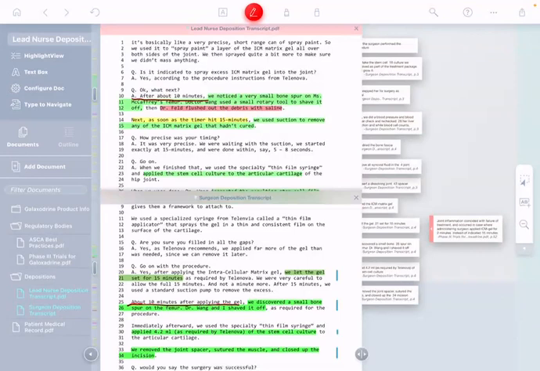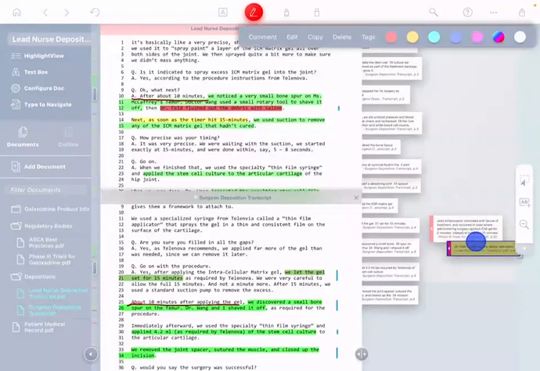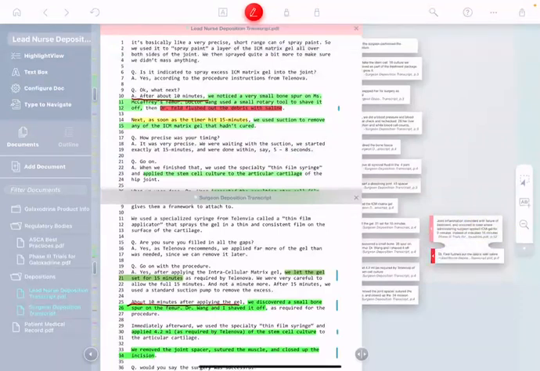Well, that's interesting. What if flushing out the joint with saline after only 10 minutes washed away the ICM matrix gel before its full 15 minutes that it needs to cure? That could be really important if that's true. Well, we need to find out more. So first, I want to keep track of this. So I'm going to again take it, pull it out, connect it to that other node over here.